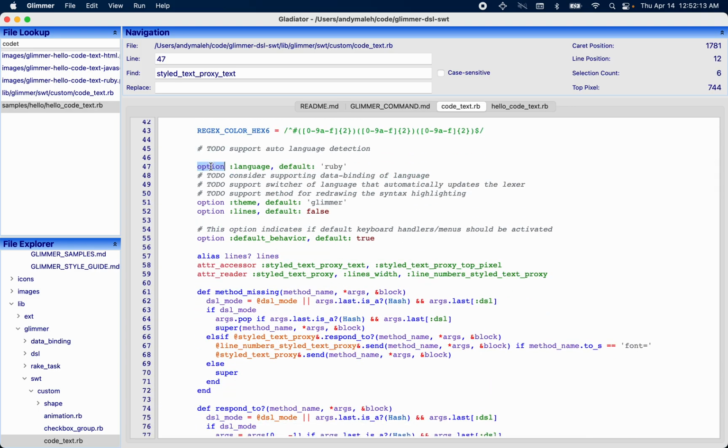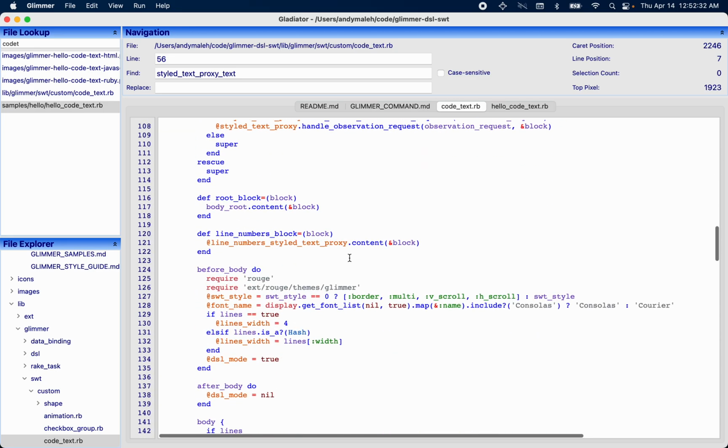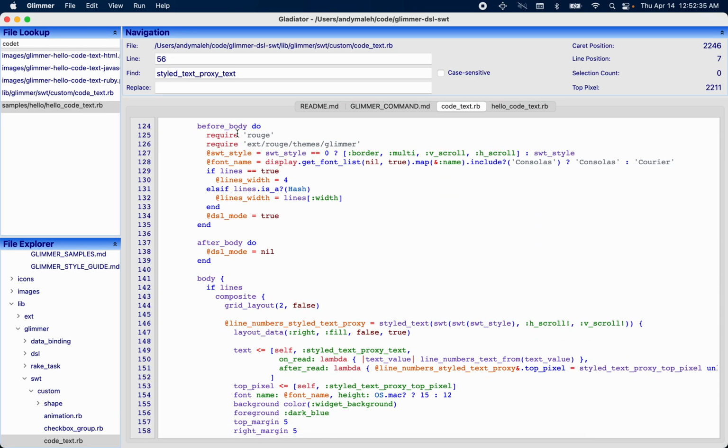It has three options: language, theme, and lines, as you already saw. There's even a fourth option, an advanced option, default behavior, which I won't get into right now, but these are the options that it receives. Of course, the body of the GUI is inside the body method. So if I were to keep scrolling, there's some before body setup and then after body, but then the body